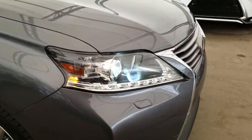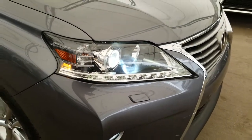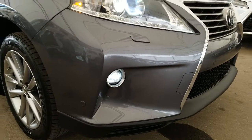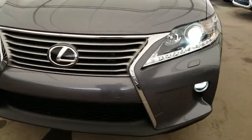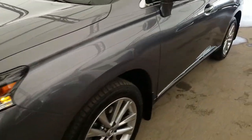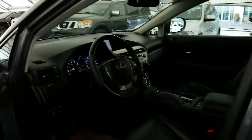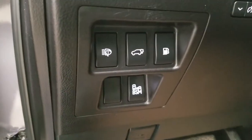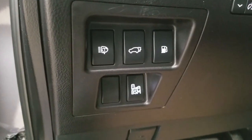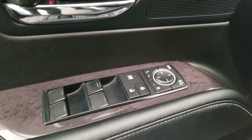Some of the features include HID projector headlights with the LED daytime running lights, LED fog lights, headlamp washers, front and rear park assist sensors, keyless entry with the push-to-start ignition, headlamp washer switch, power liftgate, fuel door release, blind spot monitor, driver's seat memory seating, power folding side mirrors,